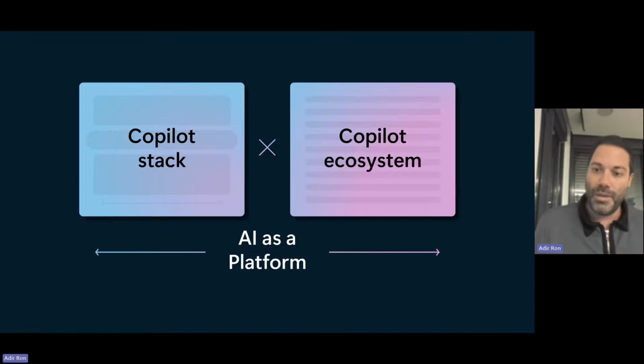That may be Bing or maybe ChatGPT that is calling into your assistant or your Copilot to get answers without even the user needing to install anything or go into your website. It just keeps it in their ecosystem of ChatGPT or, again, Bing or Windows Copilot as well. And that is a big dramatic change, because you are trying to build something of a Copilot that touches both